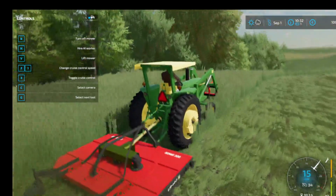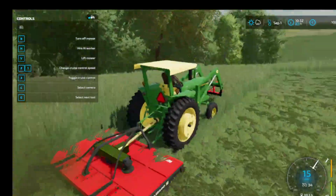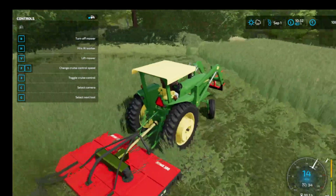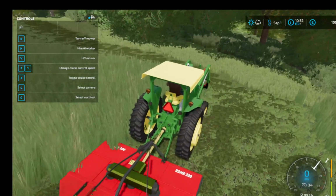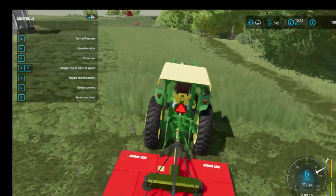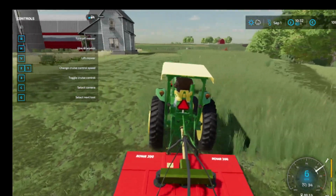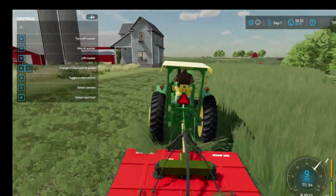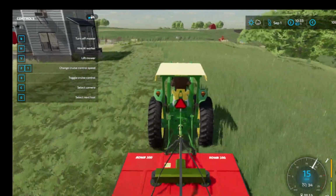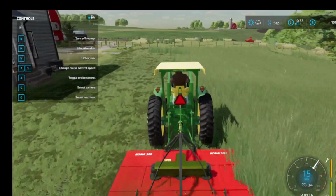As you can tell, this is not really a mower, it's more of a bush hog because of the way it mows. If you hear the sound, it kind of has more of that crunchy noise than a normal mower would. Because I don't know if you guys have ever bush hogged or whatever. We've bush hogged before, and it kind of has like that crunching noise whenever it's crunching down a tree or whatever and stuff. So